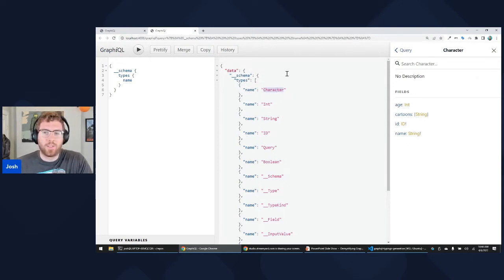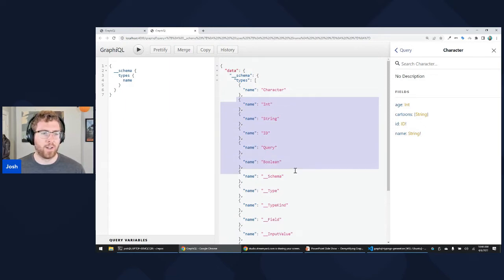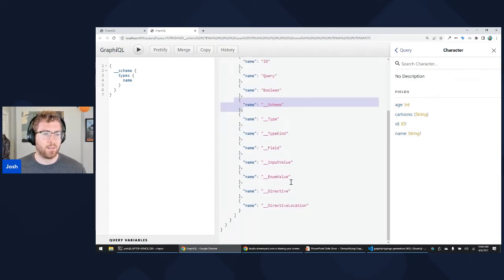types. I realized only after writing the code for this talk that character is ambiguous because other languages use it as a built-in data type. For this presentation, character refers to a cartoon character. Apologies. We have character, the built-ins, int, string, ID, query, Boolean, and then a whole bunch of underscore stuff, the